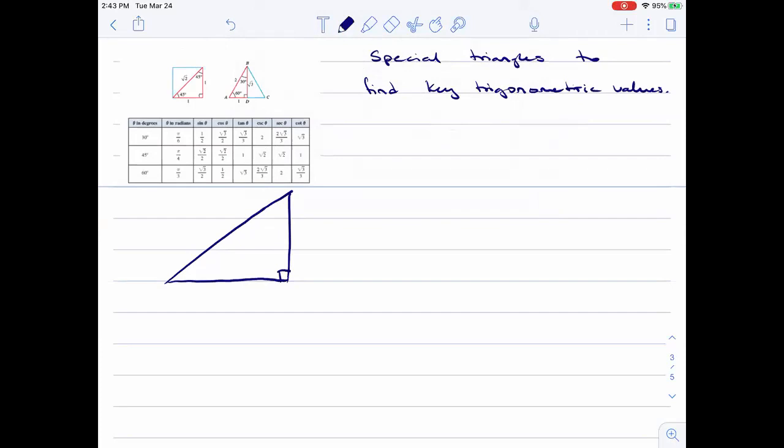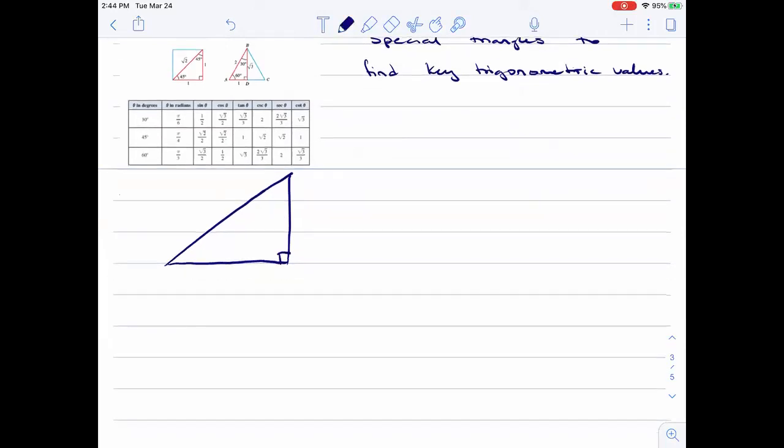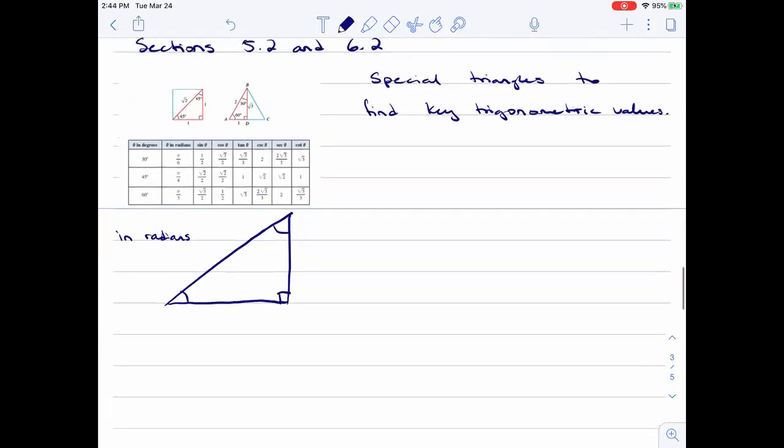I'm assuming that you guys are comfortable with the little square in the bottom. It just means that it's a 90-degree angle. And the angles inside a triangle have to add to 180 degrees, or just pi, if we're talking in radians. So in radians, this angle and this angle will be the same. Looking at this first triangle here,